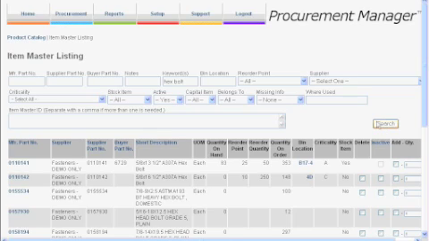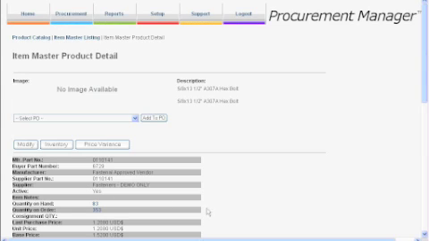The summary shows basic information on each of the items such as the manufacturer part number, the supplier name, supplier part number, buyer part number, short description, unit of measure, quantity on hand, reorder point, reorder quantity, quantity on order, bin location, criticality, and the stock designation. Clicking on the part number 0110141 opens the Item Master product detail page and allows the buyer to see much more detail on an individual